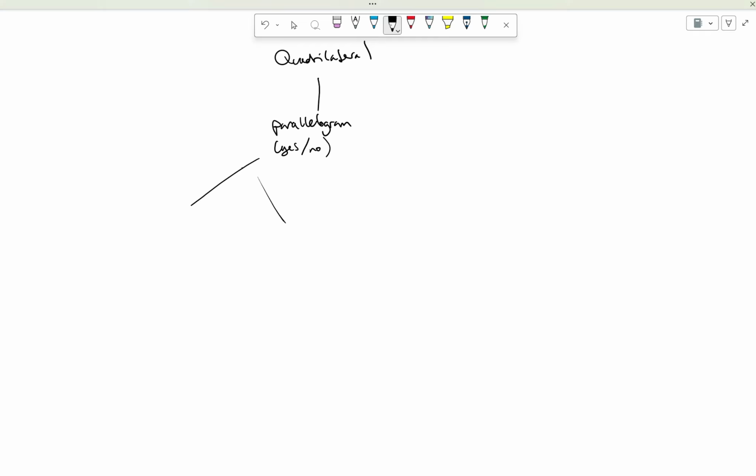If it's a yes, we have to determine, is this a rectangle, which we test by the distance of the diagonals, or is it a rhombus, which we test by the slope of the diagonals, to see if the distances are congruent or if the slopes are perpendicular. If the answer is yes for rectangle and yes for rhombus, then this is a square. If we get a no and a no,